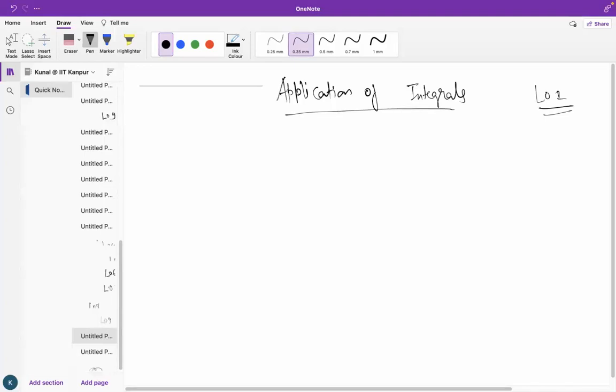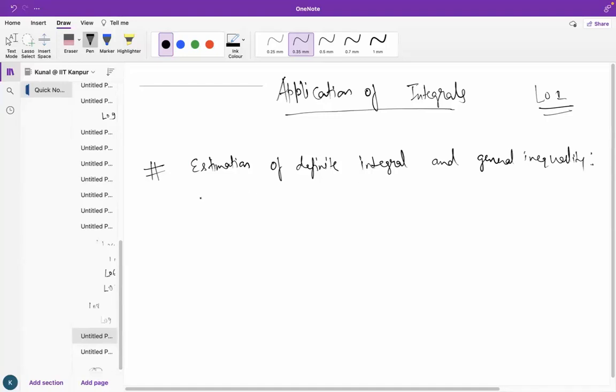So our first topic is estimation of a function or a definite integral. So let me write here: estimation of definite integral and general inequality. This is our first topic in application of integral, where we estimate